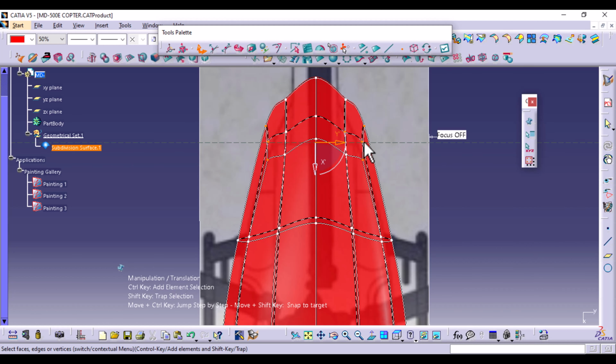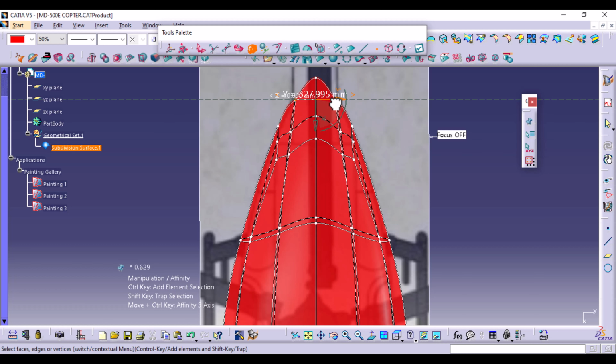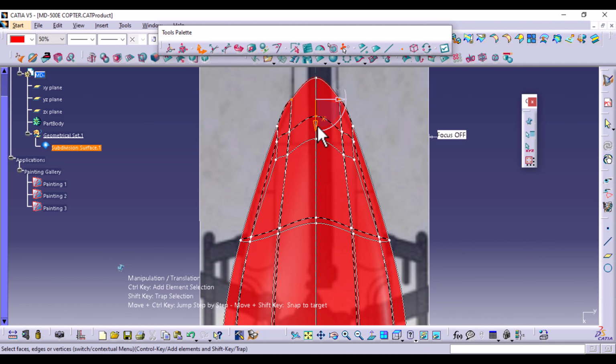So you see this line, I want this to about lie at that point. And then once again, affinity, bring it in. Shift this point, still on affinity, draw them inwards. So I want this point and this point to be at the same edge. So I can go to translation,